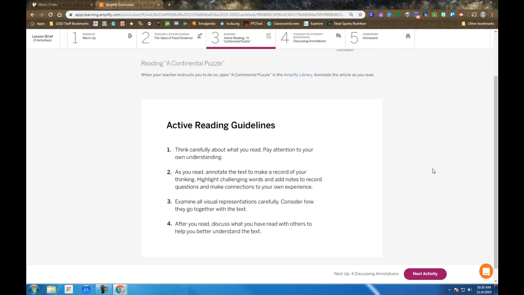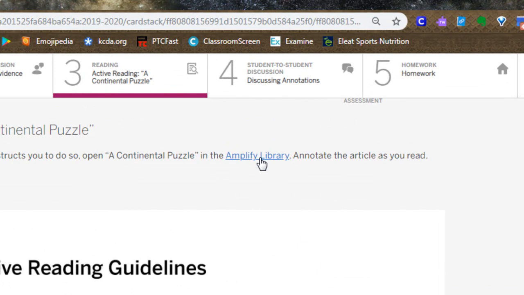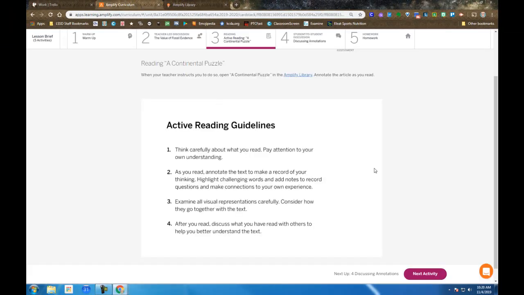We are using close reading techniques. So we'll open the article using the link. We will adhere to the guidelines. They are the same every time we actively read, about having clear thinking, interacting with the text by highlighting and note-taking. Keep in mind that at the end of this unit, you have not only a written argument, but a